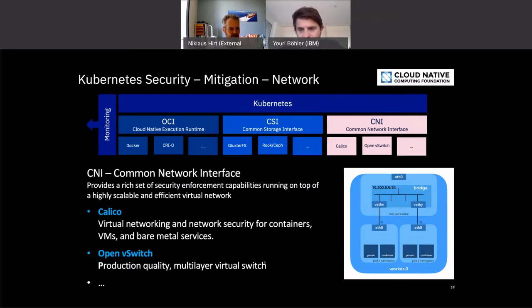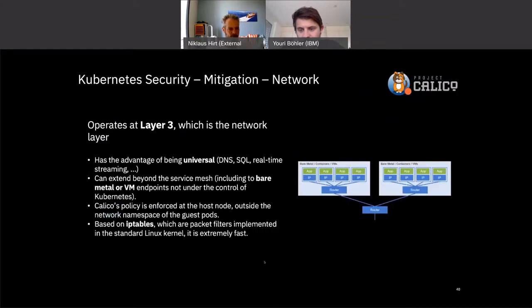what is underneath. So, for example, Calico, that's very popular, is one that operates at layer 3. That's the network layer, so it can handle the really low-level protocols like TCP and so on. It's based on iptables, which is a native packet filter in the Linux kernel, so it's pretty secure. And it goes through the Border Gateway Protocol, so like that we can do cluster federation, stuff like that. That's just one example. There are others. Cilium is, I think, on layer 6 or 7, so it's on the application layer. It depends on what your goal is. I cannot go into detail in this episode, but just know that there are different ones here, and